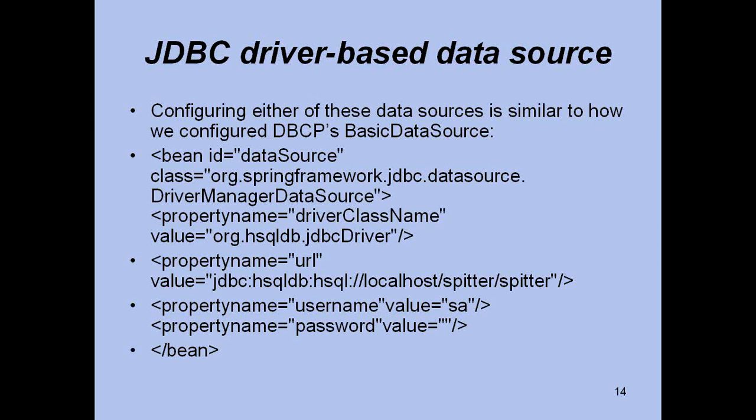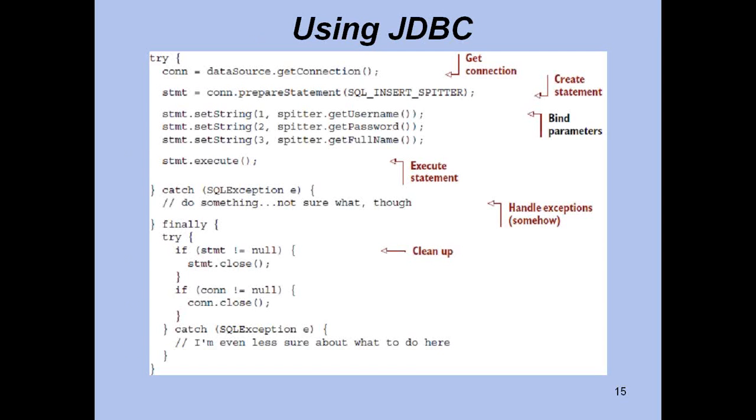source. You can use it for development though, but this is not how it will be configured in any production environment. Usually it will be done using JNDI. So here you are using the Spring Framework driver manager data source. Provide the driver class name, property name, user name and password, and database URL. So now we got a data source, and this is the example I was showing you earlier, where you are doing these things manually.